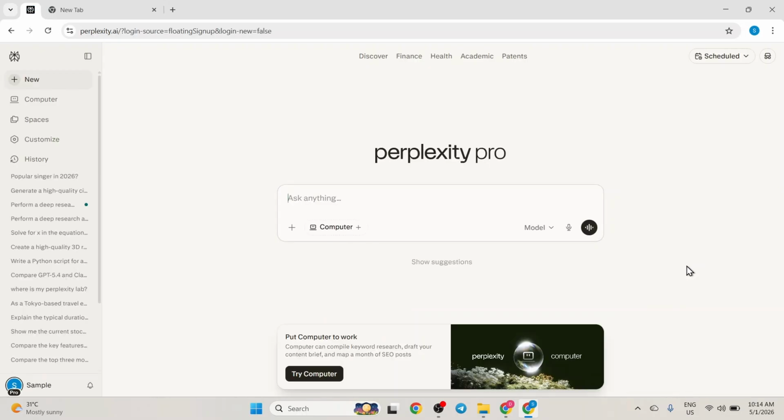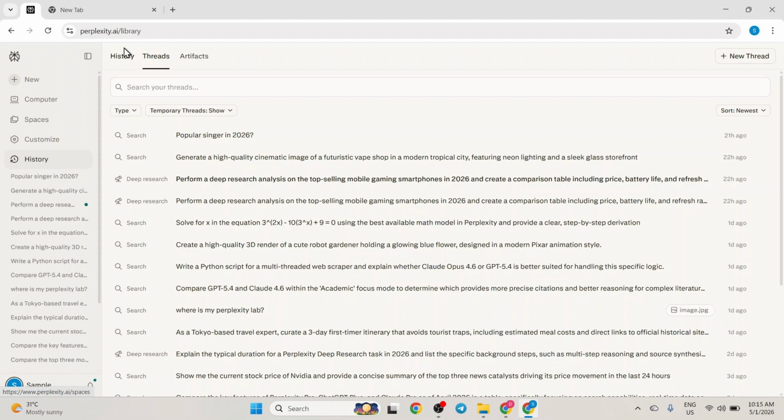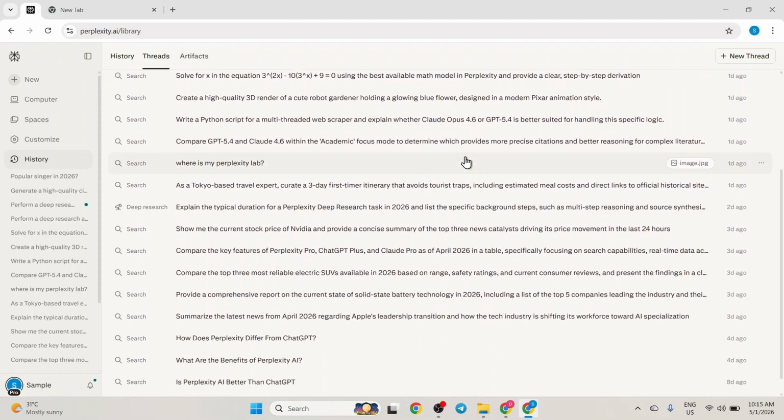my Pro account. Now that I'm on the main dashboard, I'll move my cursor over to the left-hand sidebar and click on the History tab to open my library of previous searches. This section keeps all of my work organized in one place, allowing me to scroll through and revisit any specific